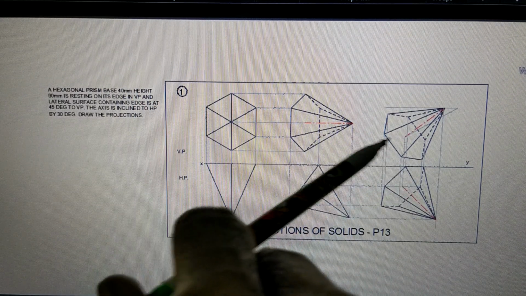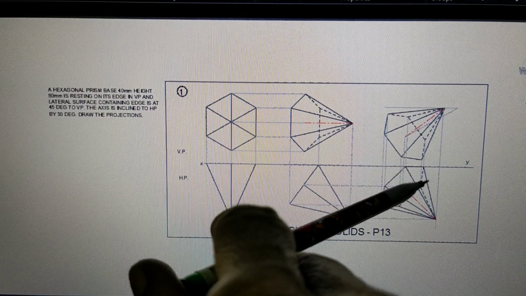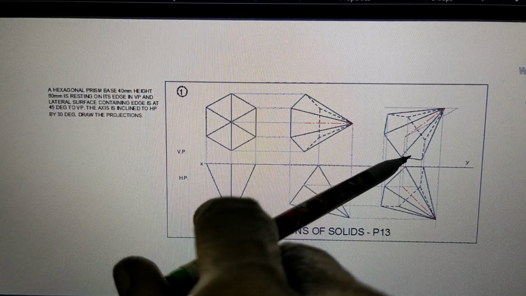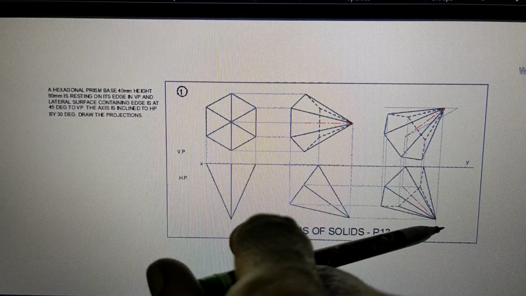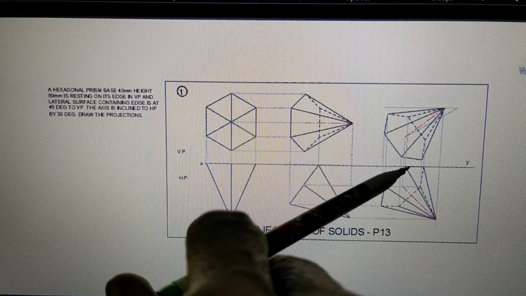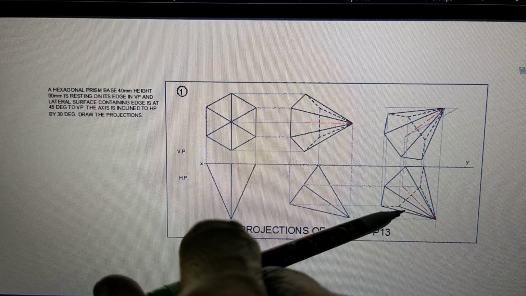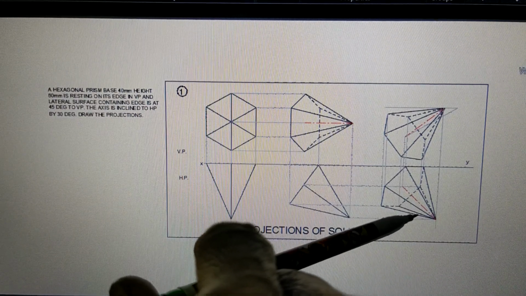So if you match the points, you will immediately come to know how these points are drawn, and that will give you the required necessary points. Once you get all the 6 points, join these 6 points to the apex O, and once you join them to the apex O, you are going to get the entire figure. In fact, this line must be dotted. It is not shown, but this is going to be dotted.